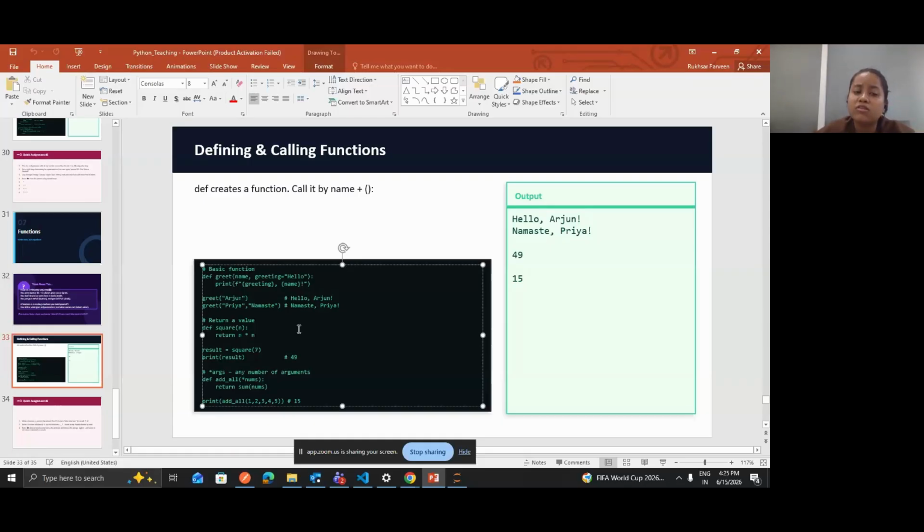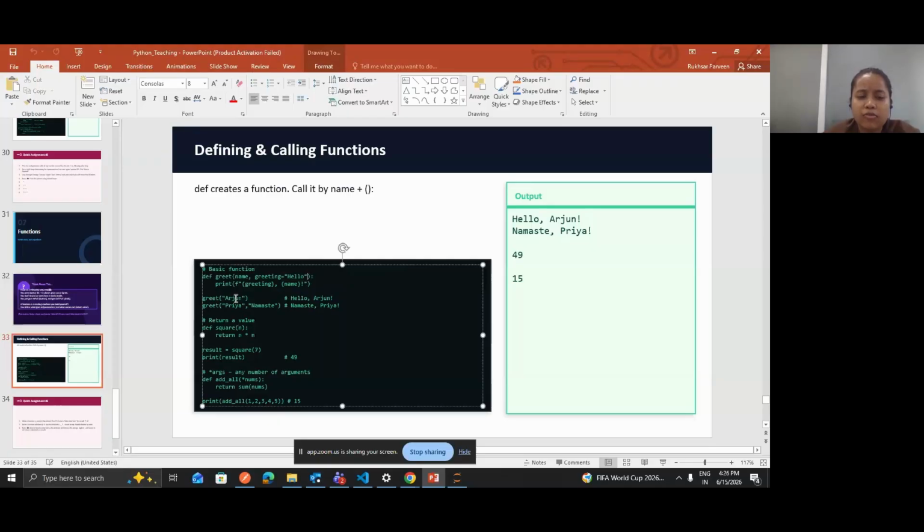Whenever you are calling this function, it is a must to pass the name parameter. But greeting is optional because it already has a default value, which is hello. So even if you don't pass any greeting, it will by default print hello. But if you are passing some greeting, it will just overwrite this.